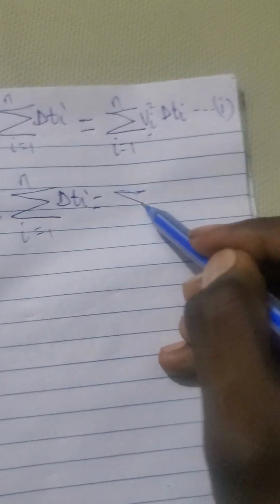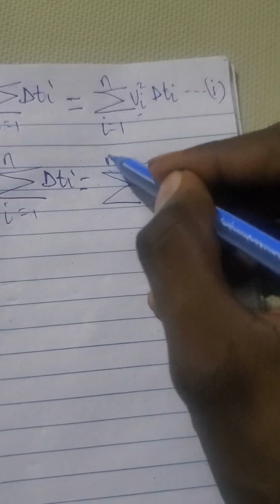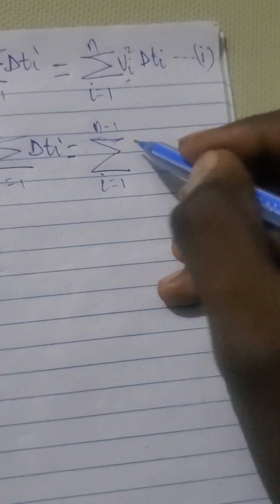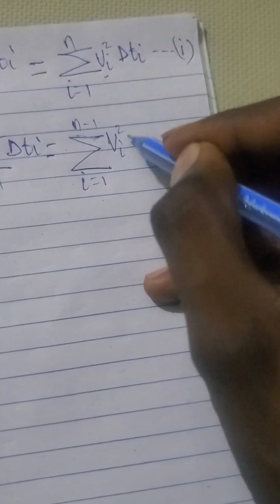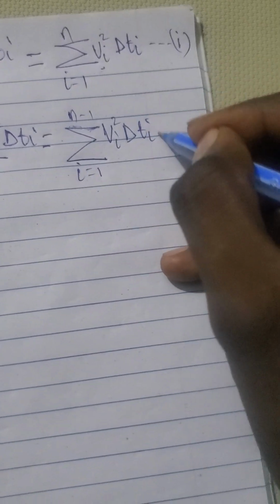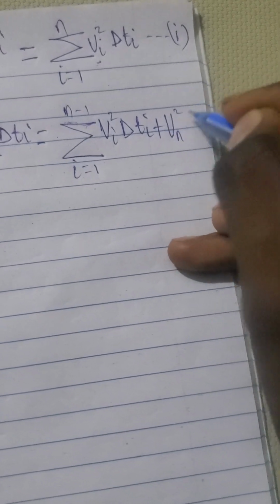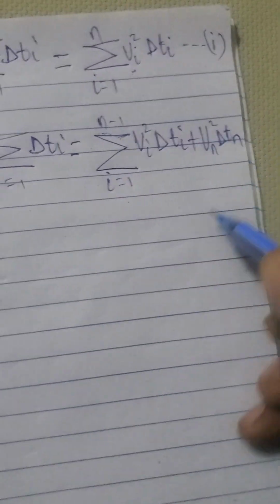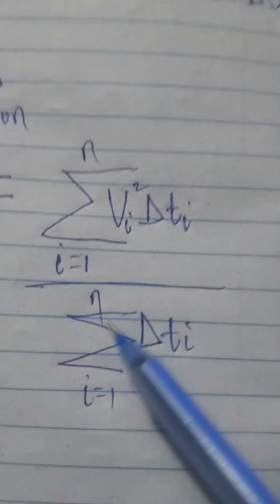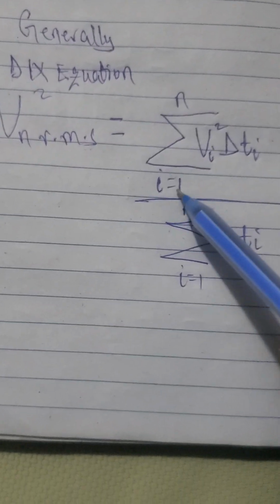you take the term behind this one, which is the summation from i equals 1 to n minus 1 of vi squared change in ti, then you add vn squared change in tn, this one here. And this is equation number 2, let's say. But also, from this, the expression for root mean squared velocity, as we have seen here. Now, if we write for n equal to n minus 1, this root mean squared velocity